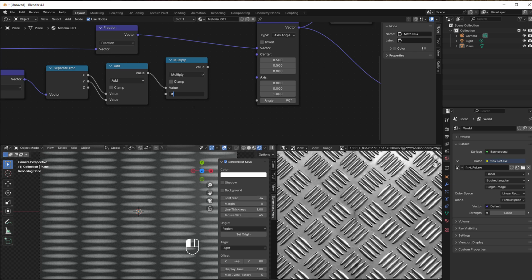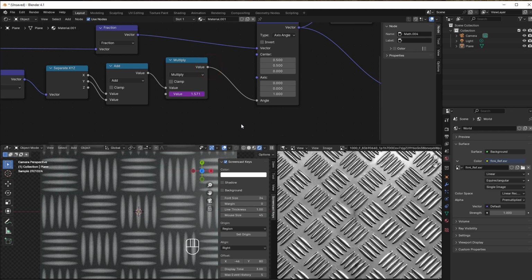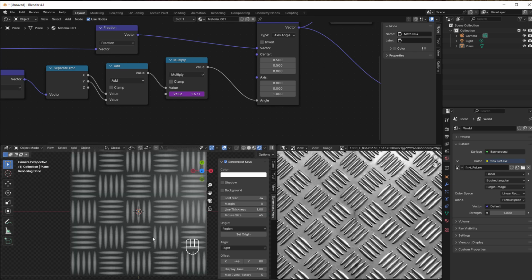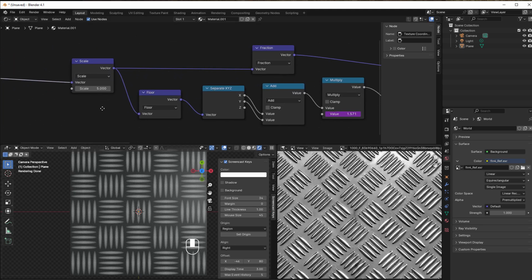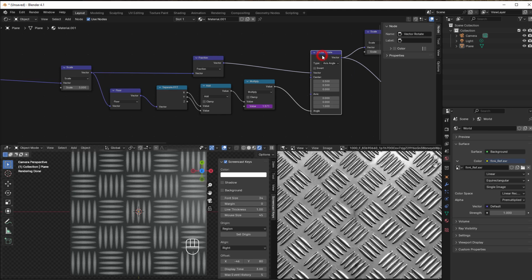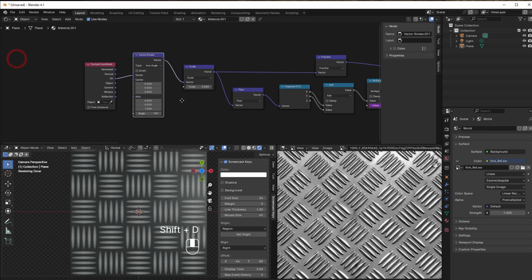If I just write that sign and then pi, I get 3.14159 and so on. And then I can divide that by 2, and we get this value. If I put that in here, you can see now that we are really close to what we have here. So as I said in the beginning, the only thing we have to do now is to rotate this in the start here. So we can just copy the rotation that we had here, Shift D, put it here,